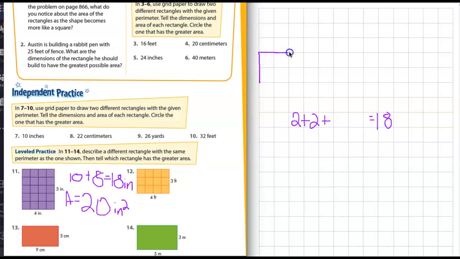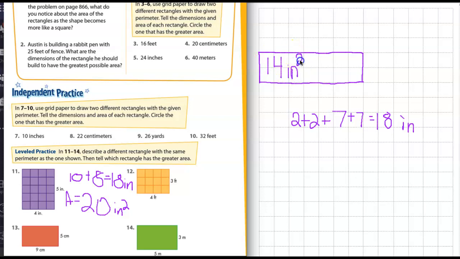So this is 1, 2, 3, 4, 5, 6, 7 on one side, and 1, 2, 3, 4, 5, 6, 7 on the other side. Here's our 2. So 2 plus 2 plus 7 plus 7 is equal to 18 inches. All right, so that is the same perimeter, and here if I count the area, 2, 4, 6, 8, 10, 12, 14, 14 inches